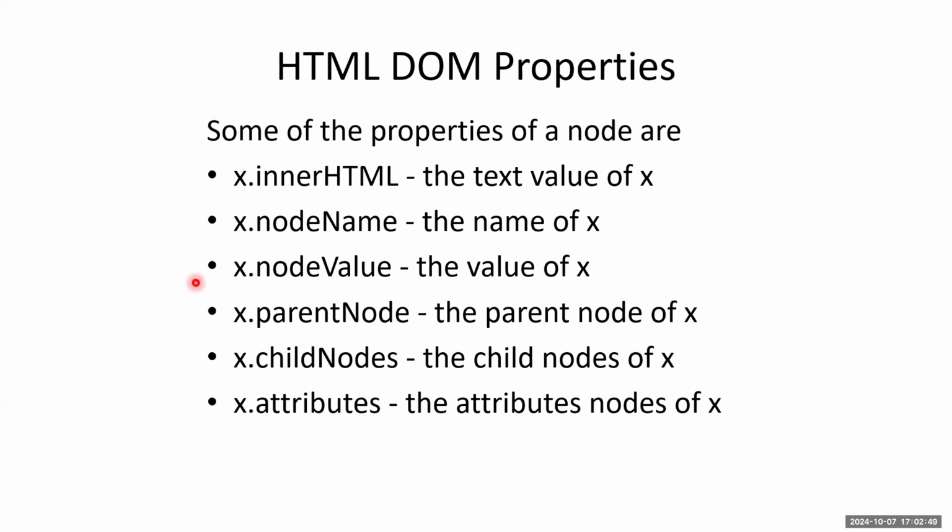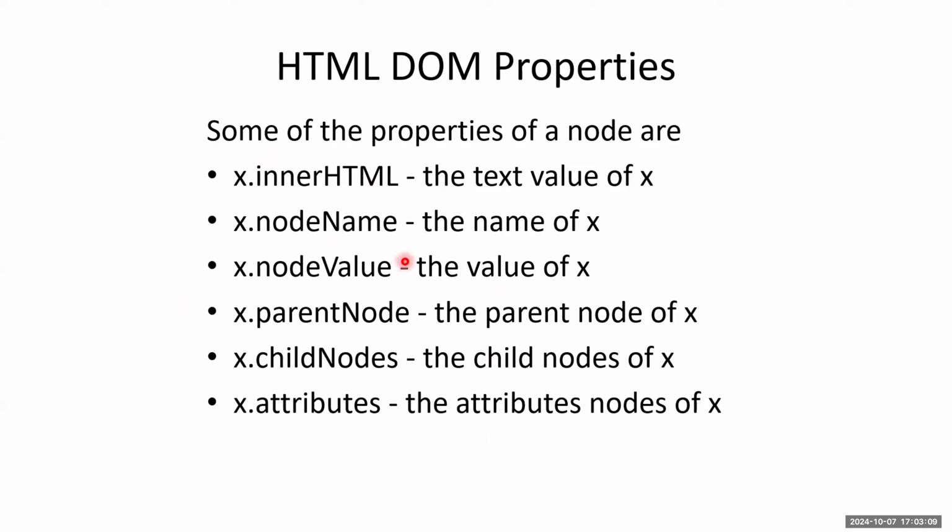Okay, so imagine for now that X is some sort of object. It could be a button, it could be an image, it could be an input field, it could be a paragraph, whatever it is. There are different things you can look at. Inner HTML tells you the text of that. So if it's a paragraph, you can see, what does the text say? By the way, you can not only retrieve it, you can set this.